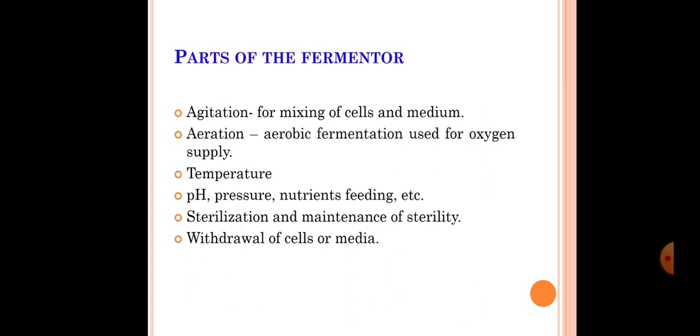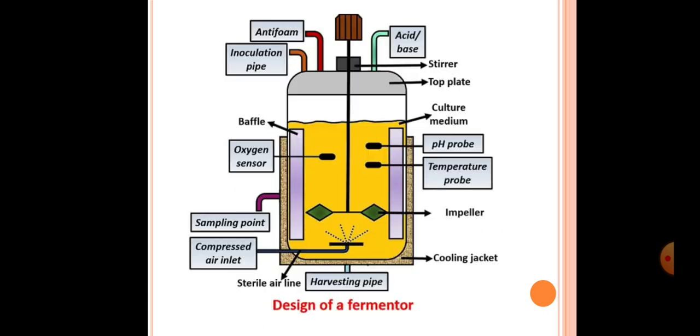The main parts of fermenters are agitation, which is used for mixing of cells and medium, aeration for aerobic fermentation, temperature control, pH, pressure, nutrient feeding, etc., sterilization and maintenance of sterility, withdrawal of cells or media. So this is the skeleton of a fermenter, a design of fermenter, wherein you can see it is a big